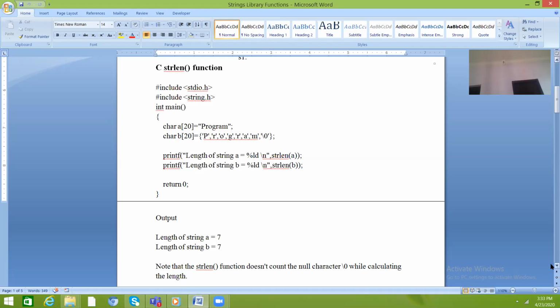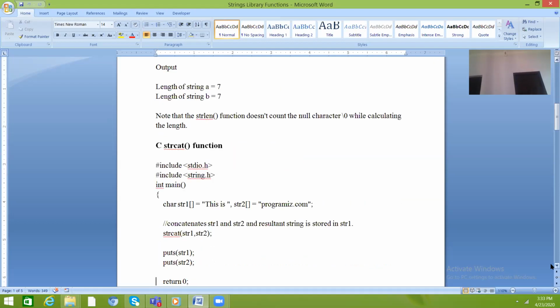It is a very simple program. In the strlen function you just give the name of the string within the brackets, and you get the length of the string as output.